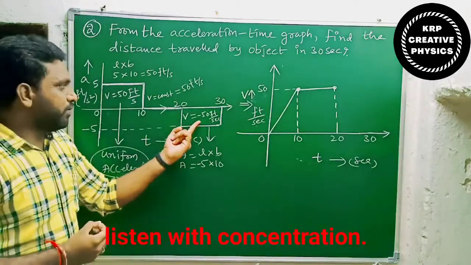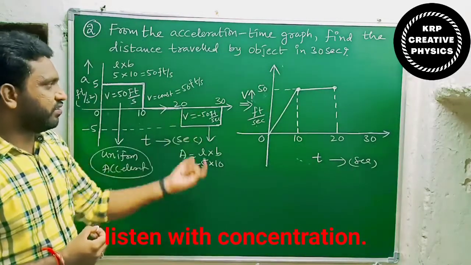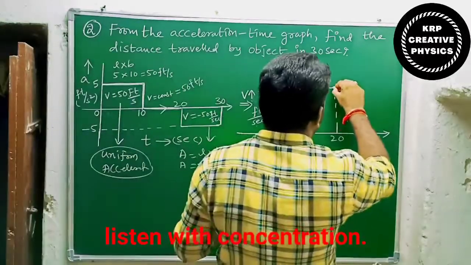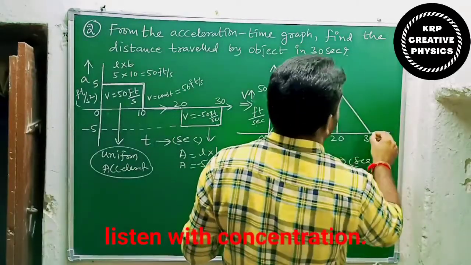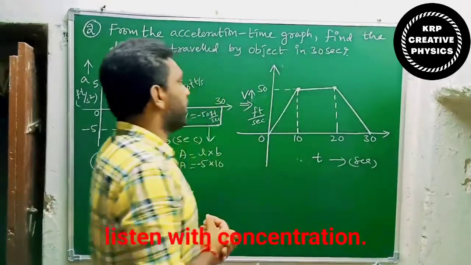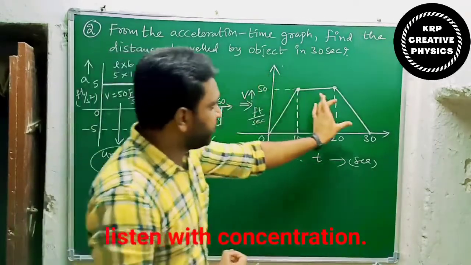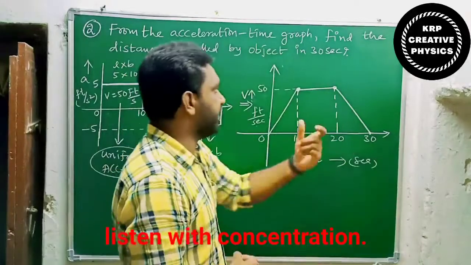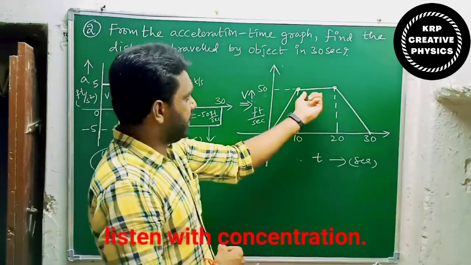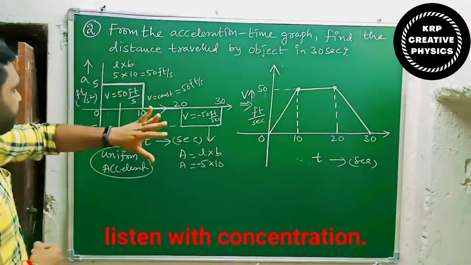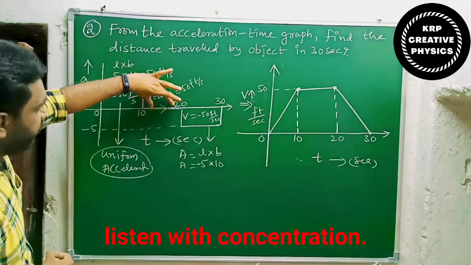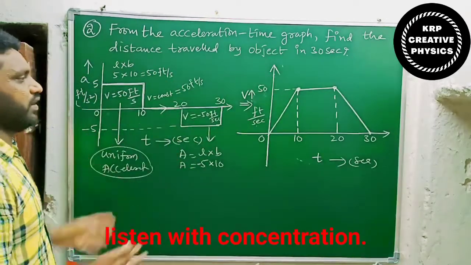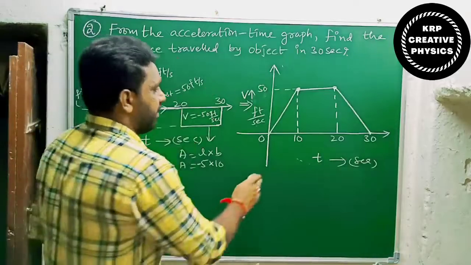And the next remaining part, if we consider here, this is the retardation part. That means velocity is decreasing. So velocity is decreasing means what here? Just very simple. This is a line. Okay, so this is uniform acceleration, this is uniform retardation. Here velocity is increasing, here velocity is decreasing, and in the middle velocity is constant. And corresponding to uniform acceleration, zero acceleration, uniform retardation, the corresponding velocity time graph we got.